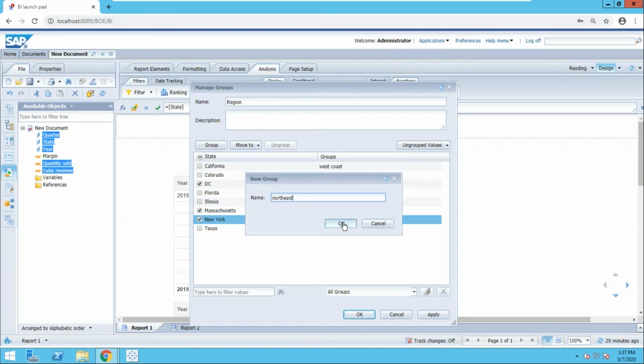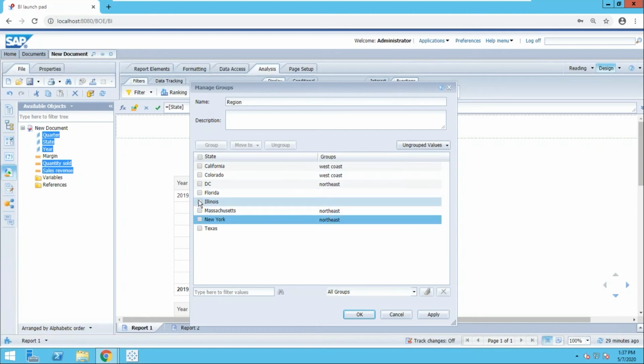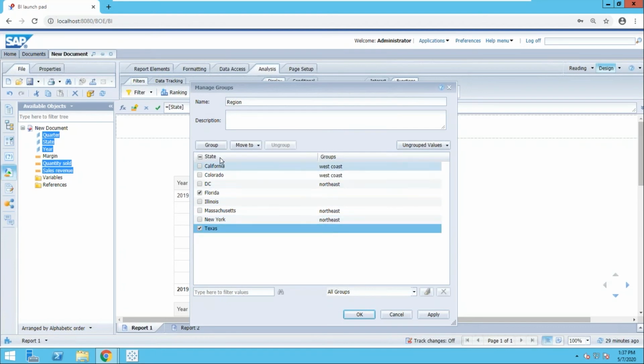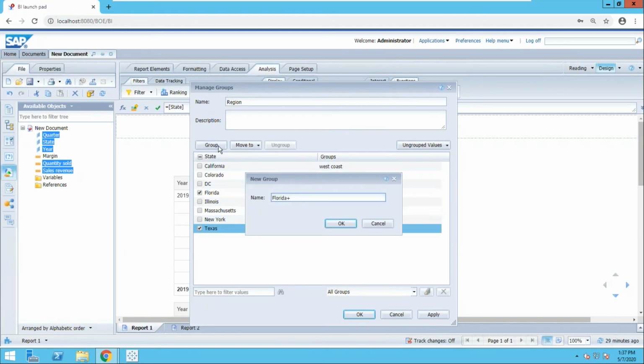We'll do a Northeast on that one next. Then I can go in and take Florida and Texas. We'll group those two together. Okay. Group them right on the fly. And why don't we call those Southeast